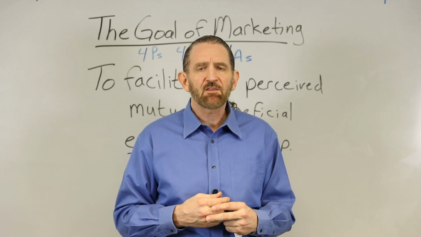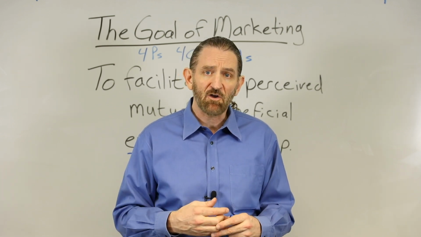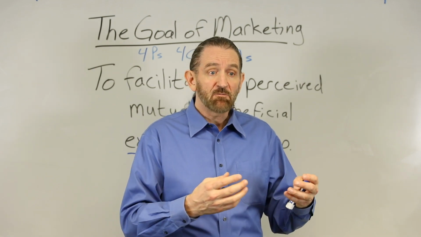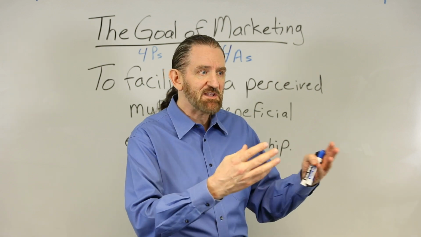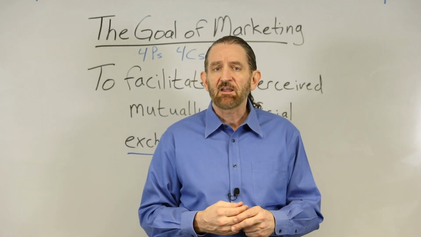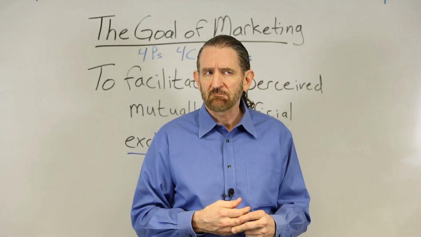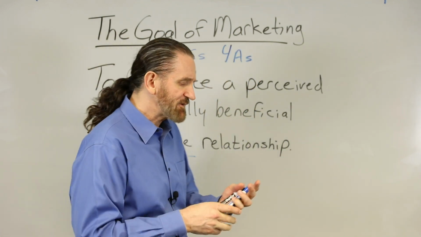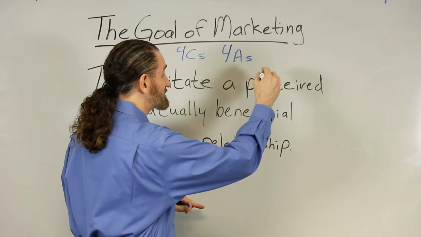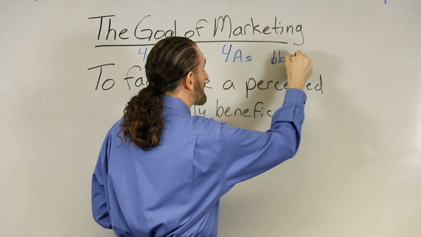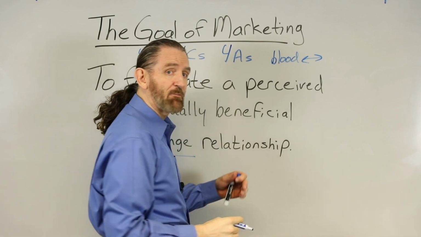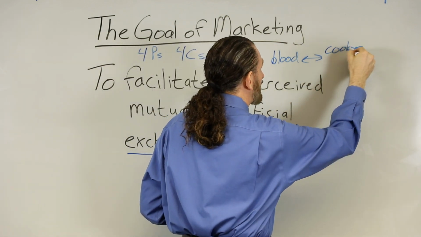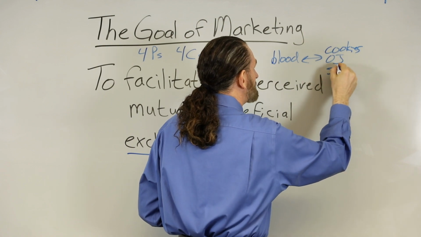What if we went to an organization like the American Red Cross, and I said, they're going to give me some movie tickets or a T-shirt or a mug or a sticker, and I'm going to give them something in return, a pint of my blood. So the question is then, if I'm having some type of an exchange, let's say I'm giving blood, and in return for that blood, what are they going to give me? Well, they'll probably give me some cookies, and they'll give me some orange juice,